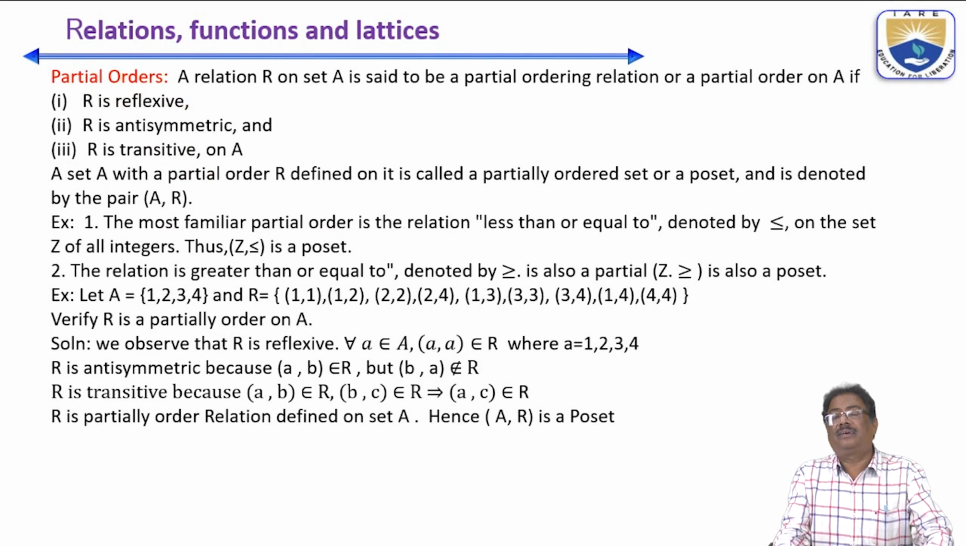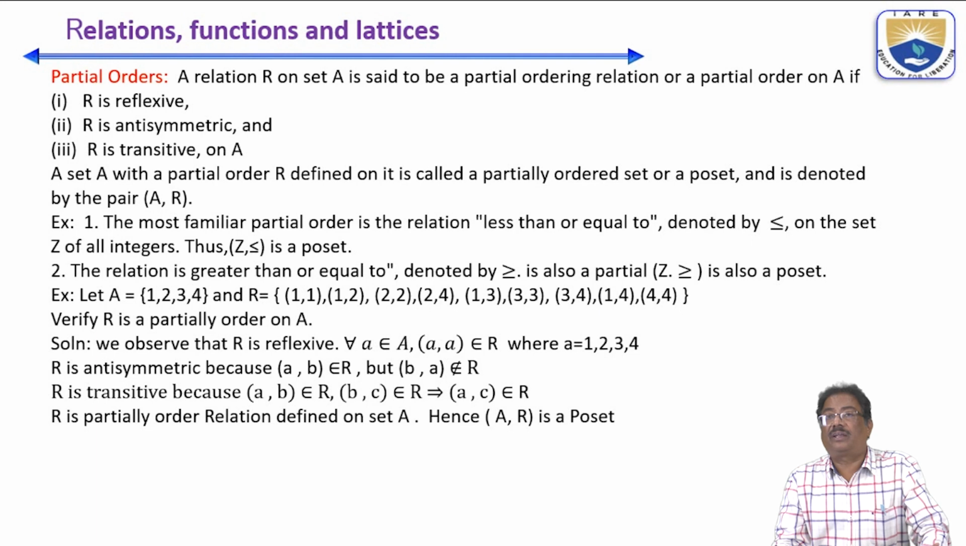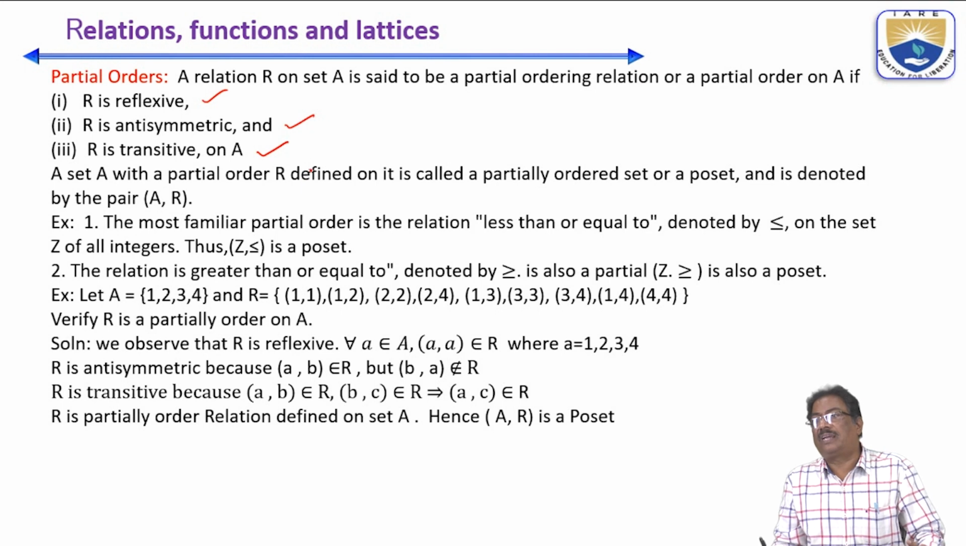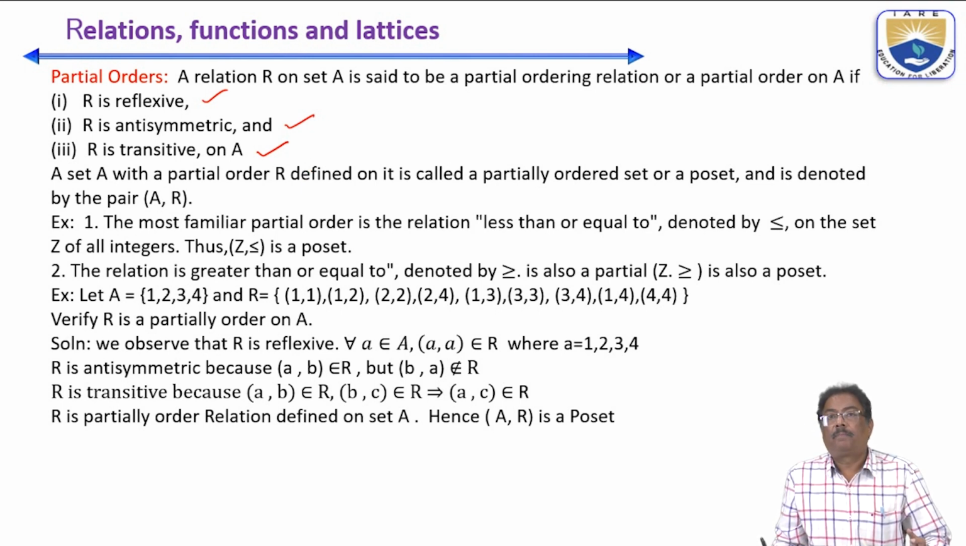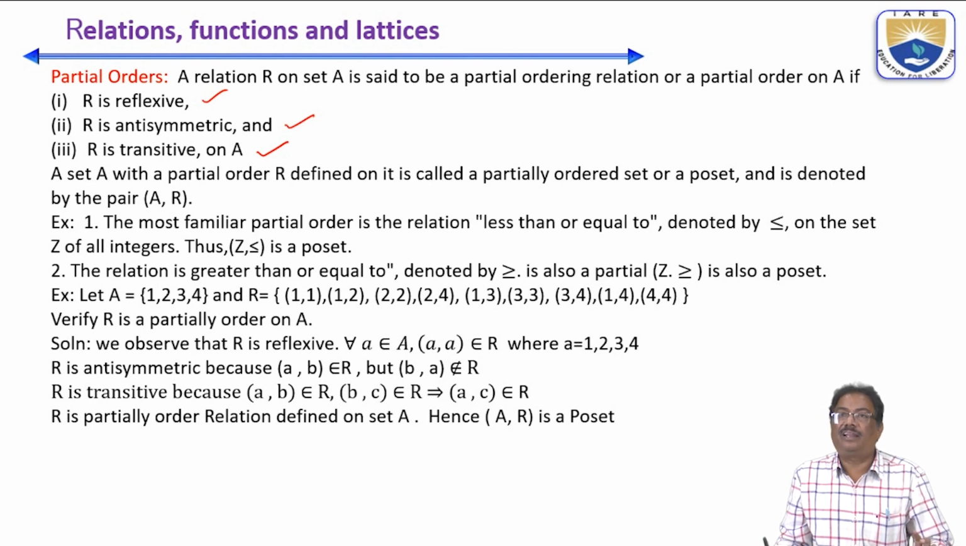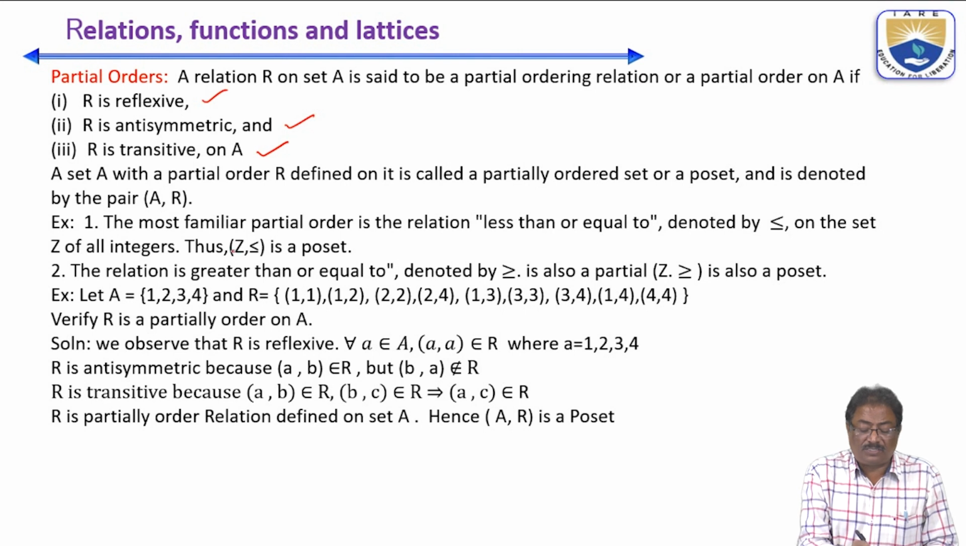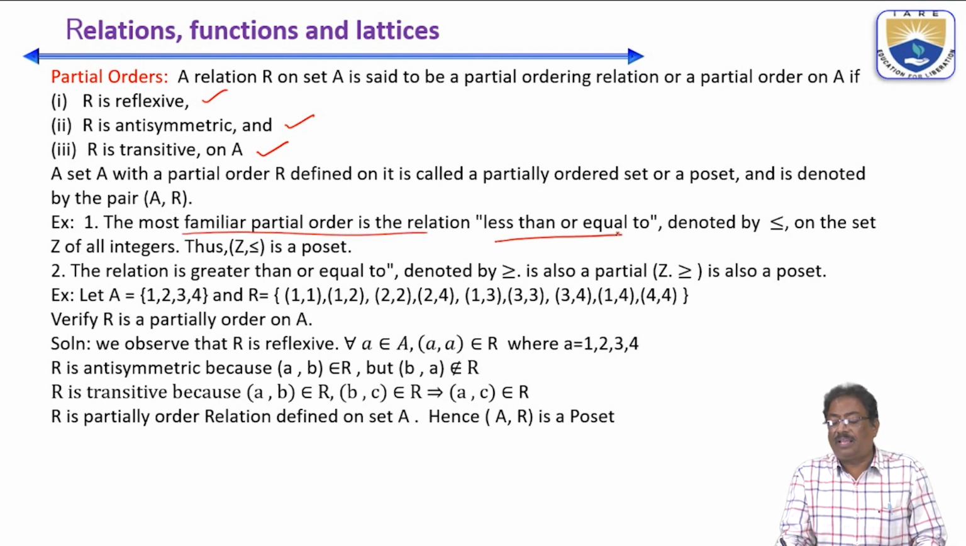And next, another main concept will be the partial order relation. A relation is said to be partially ordered if it satisfies these properties: reflexive, antisymmetric, and transitive. Whenever a relation satisfies all three properties, then the relation is known as a partial order relation. Let us consider first the most familiar partial order relation, less than or equal to,